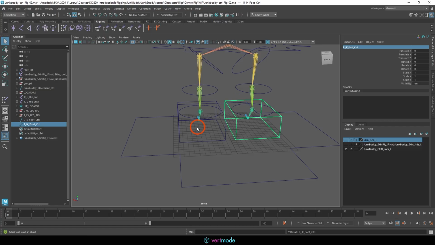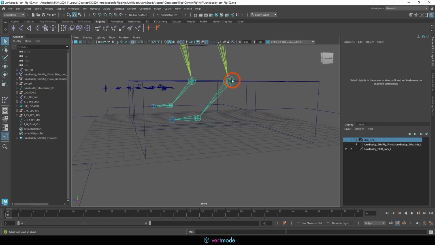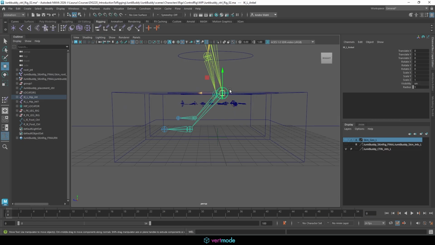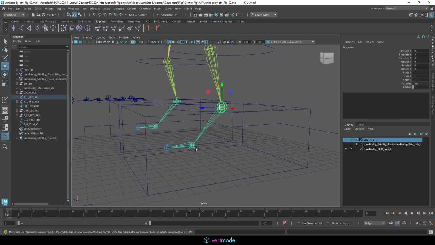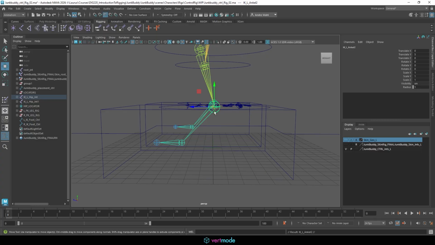So if we want to at this stage, we can do a couple different changes. There are some things we're going to want to do that I haven't quite talked about. One thing is we do want to get a series of stabilization joints. So I did end up deleting the ball and the toe joint. Technically, we're going to want those back in here. So I'm going to duplicate these and actually go ahead and parent them back